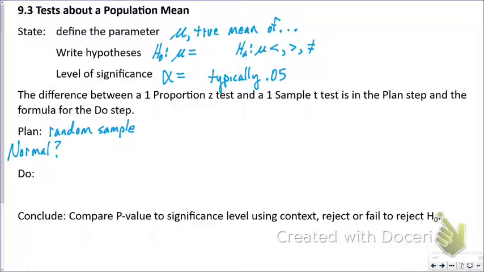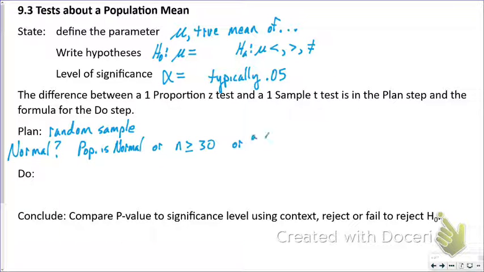The easiest way is they just come out and tell us the population is normal, therefore the sampling distribution is normal. That's the nice way. Or another nice way, n is bigger than 30. That's the central limit theorem. Or, worst case scenario,